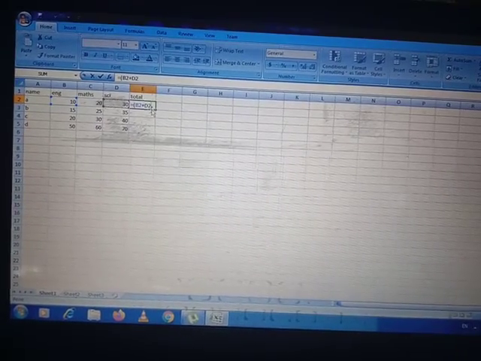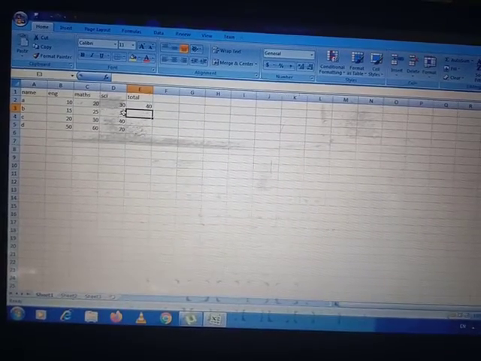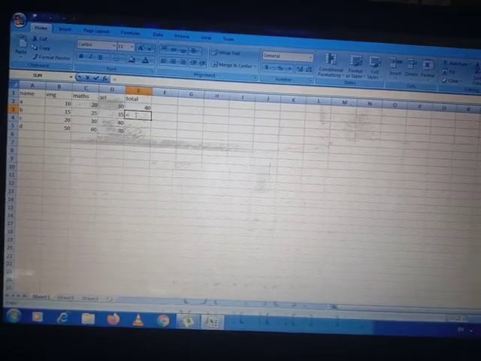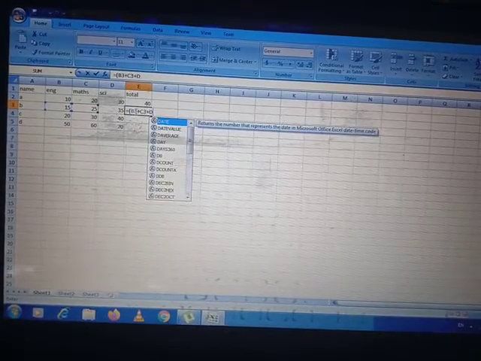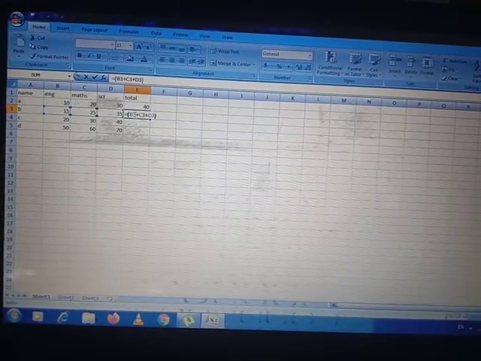After that we close the bracket and it will give the total. In the same way, we do equals to B3 plus C3 plus D3, and the total will come here.